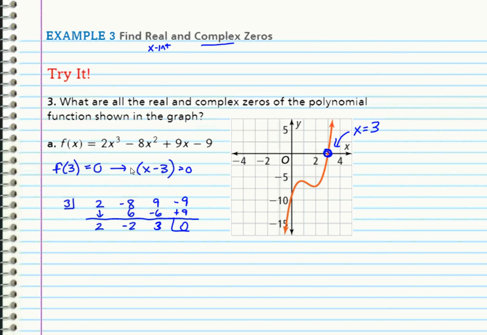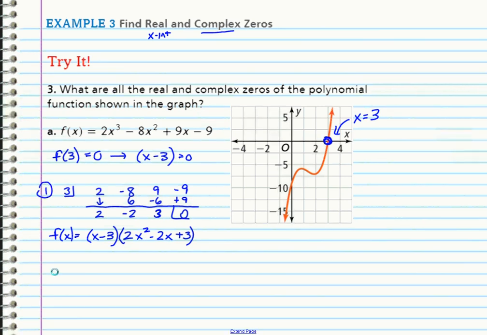So what I have now is that this f of x equals x minus 3. There's my factor. I factored that out. And what was left was 2x squared. Remember, you always decrease by 1 degree. Minus 2x plus 3. Now this is a quadratic, and I can use the quadratic formula. So here's step 1. Step 2 is to use the quadratic formula,